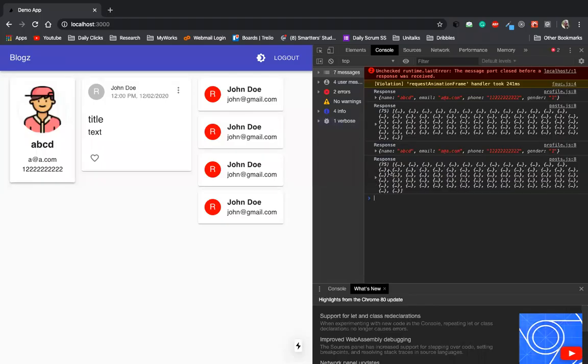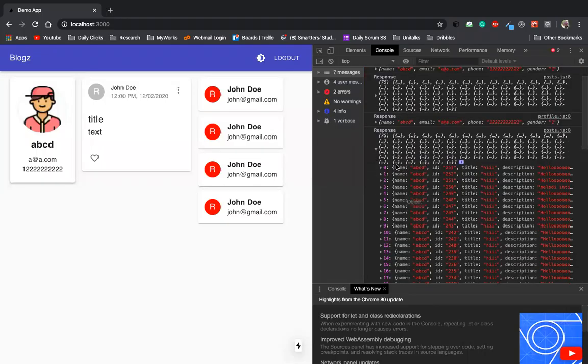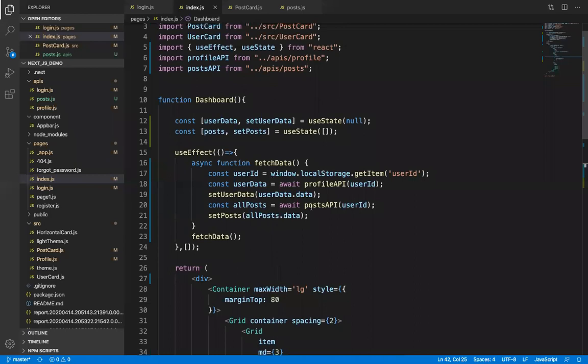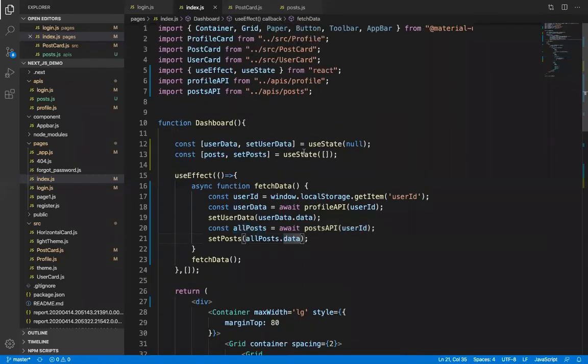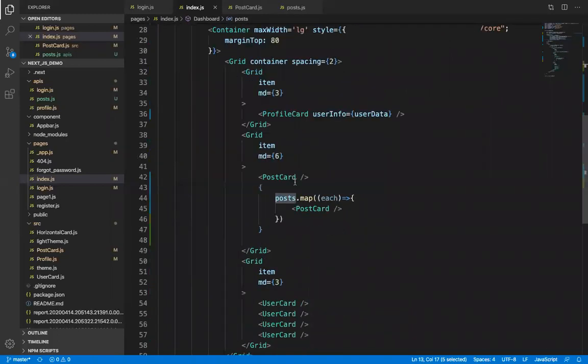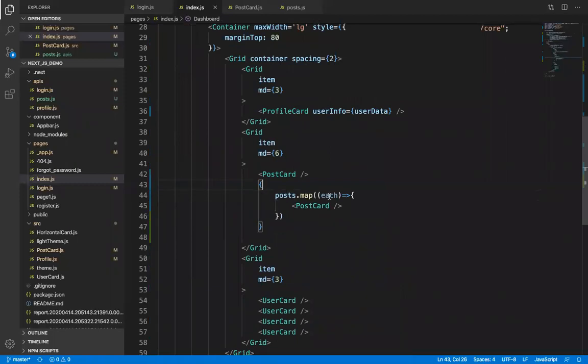So what's happening now? Okay, all post data. Inside all post data, we have set post create. Add the post, then with the post map, then each.